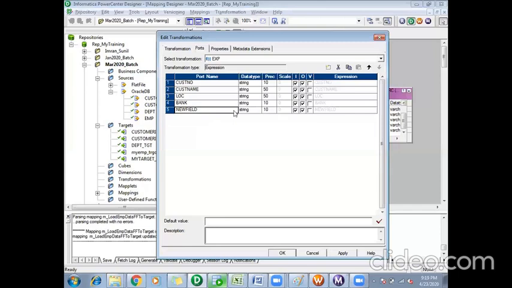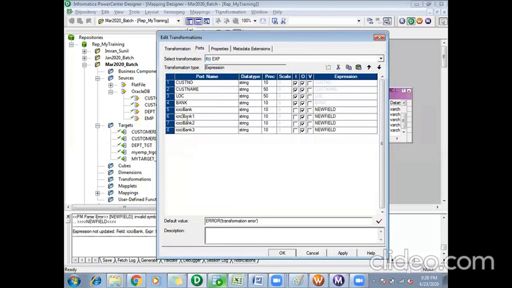Let me go ahead and create those ports in my expression transformation. I'll make them output ports. I'll say ICICI Bank. Similarly, I'll create ports for other banks. Okay.